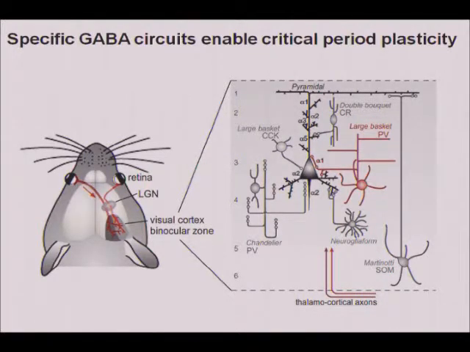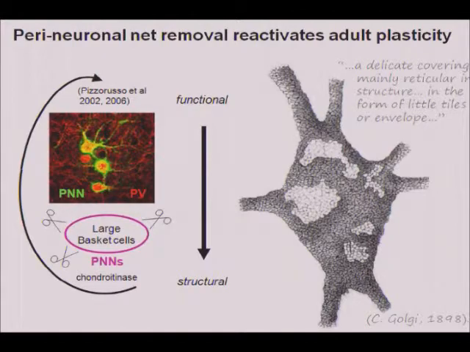So one is, again, focusing on the very cell that I told you about. With age, as the critical period ends, they become enwrapped or encapsulated in extracellular factors called perineuronal nets. And these have been known for over a century to be extracellular matrix. It's like a saran wrap around the cell body and proximal neurites of these cells as the animal matures.